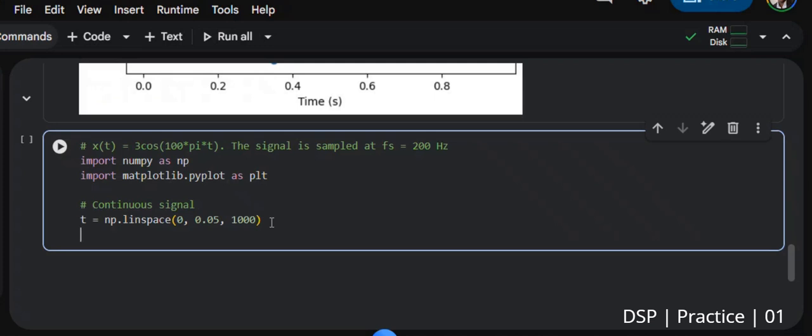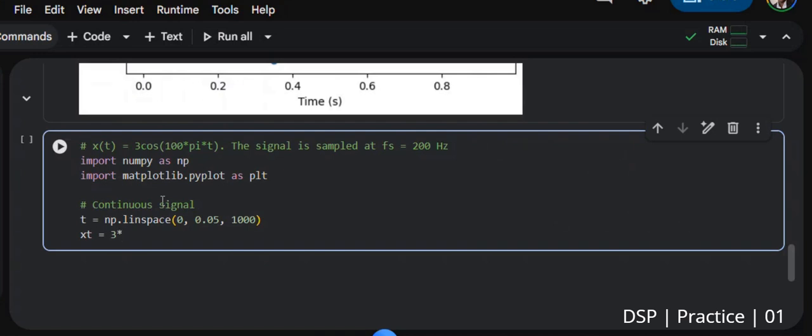And then you can say your x of t. Don't put brackets like this, they will be interpreted differently. You can either put x alone, or xt, or x underscore t. So it will be equal to 3. Now we plot this signal the way it is. So it is 3 times,